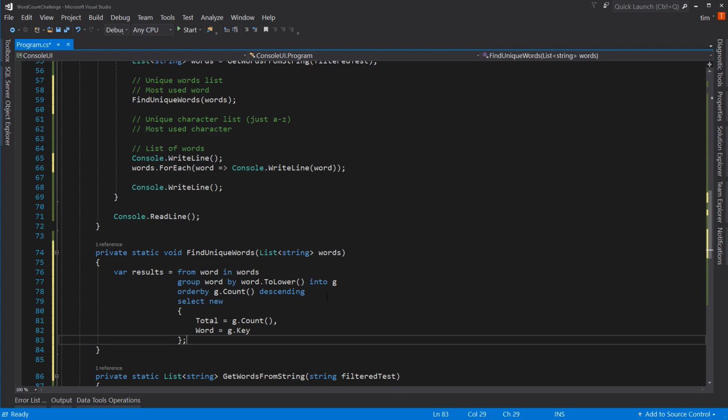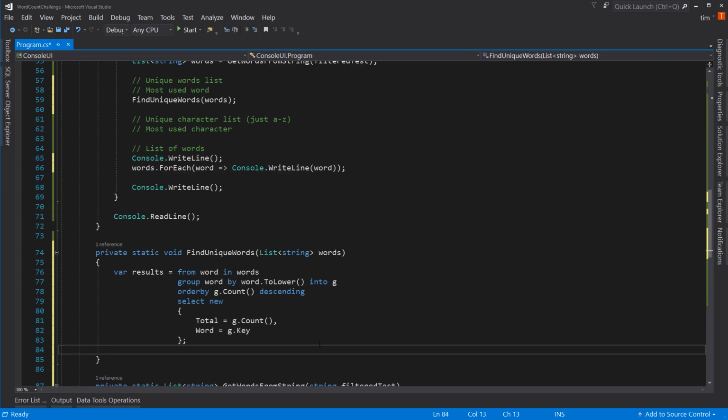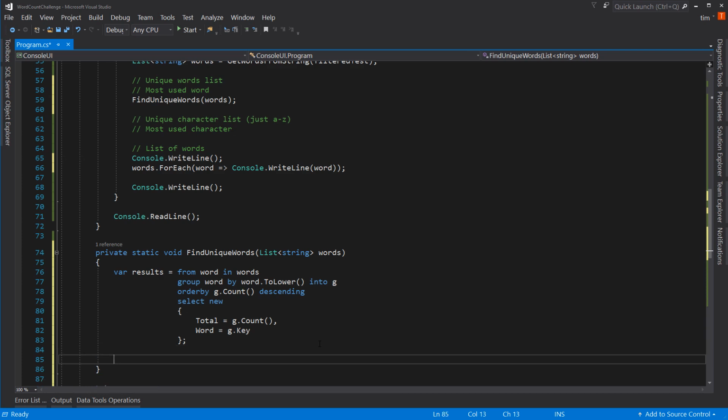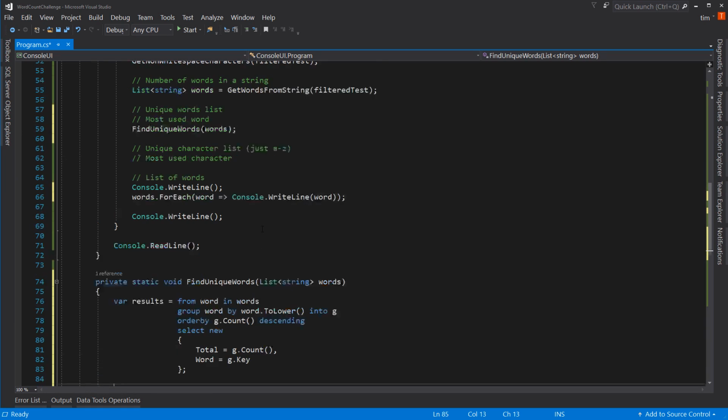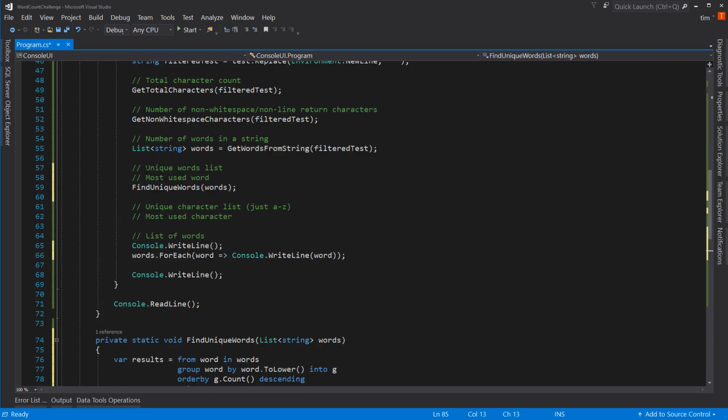All right, so now I have this results, which you mouse over is an IEnumerable, and it says A. A is a new anonymous type with an int total and a string word. All right. So now what I can do is, we need to return the unique word list and